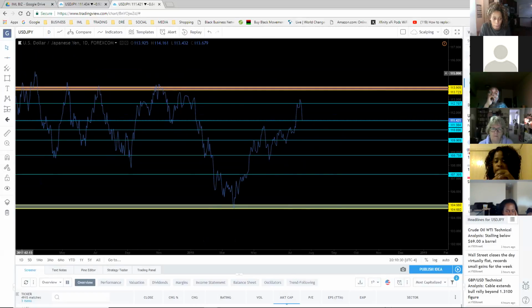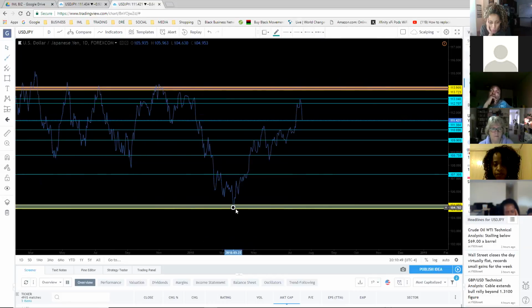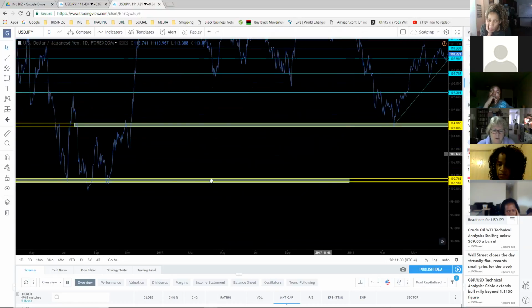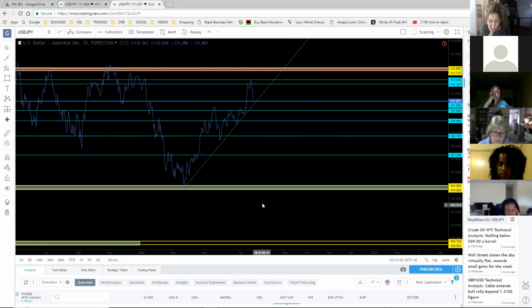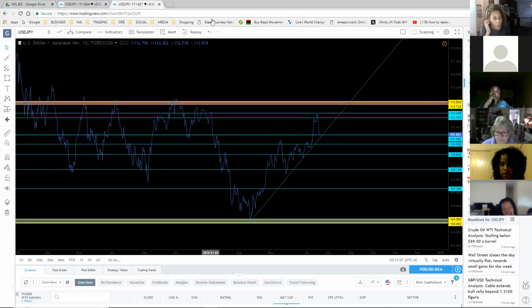Okay. So now, I guess I could do this one or here. Okay. And then my array. Okay. So I've identified my supply and demand zone. I got two on the bottom, two on the top, and then my array,